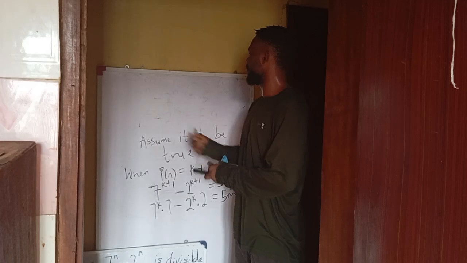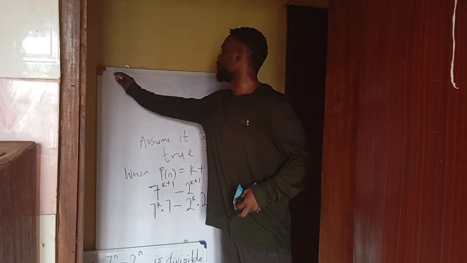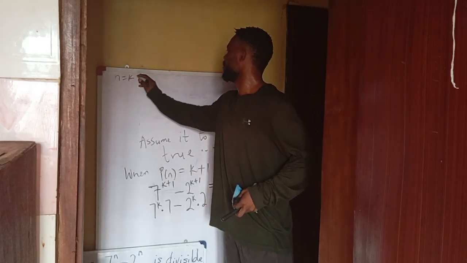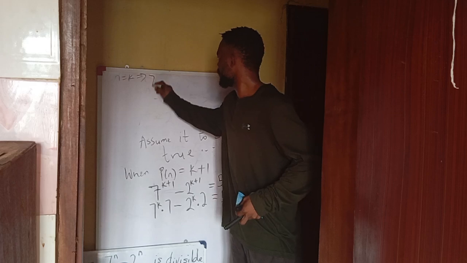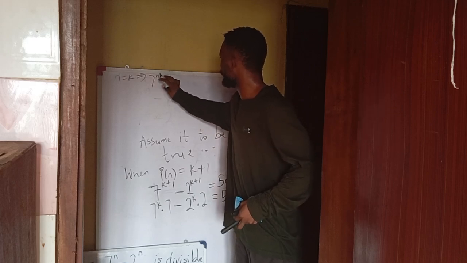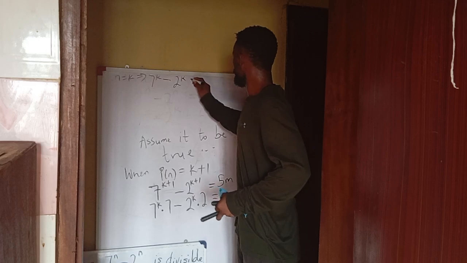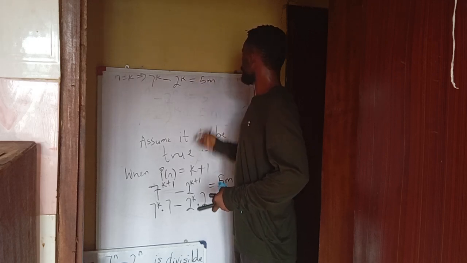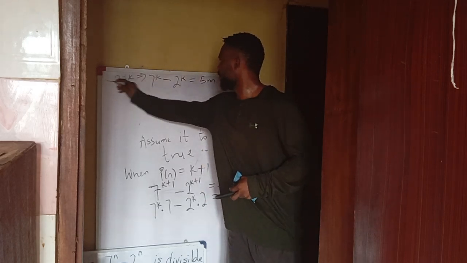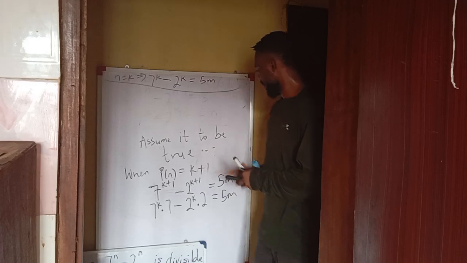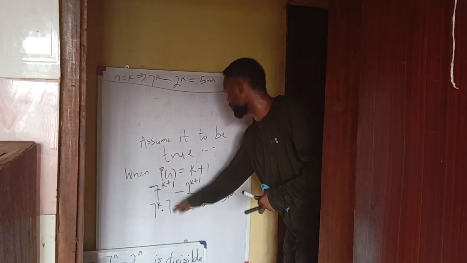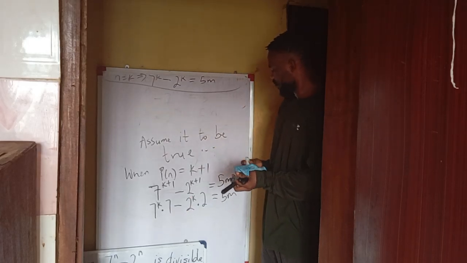So remember P of k, everything about when n is equal to k, gave me 7^k minus 2^k is equal to 5m. So we are not touching this, we are just leaving it. So I want to continue this part here so that we will see something. So now see that